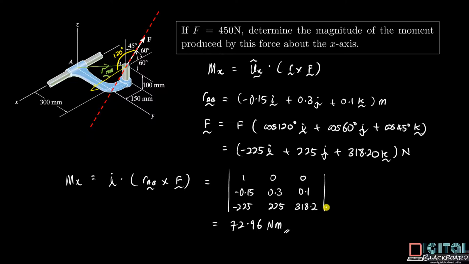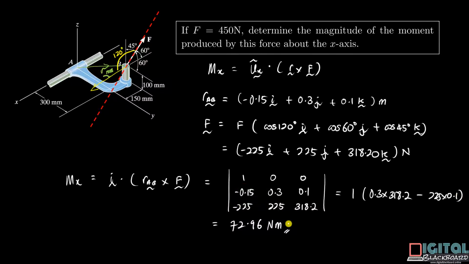Of course, because of the nature of the unit vector, you can also compute this by hand. This is simply equal to 1, 0.3 times 318.2 minus 225 times 0.1. We can also do it this way if you want to. Notice that the value of minus 0.15 does not come into the calculation at all. So this explains why, even though I entered the wrong number in the calculator, the final answer